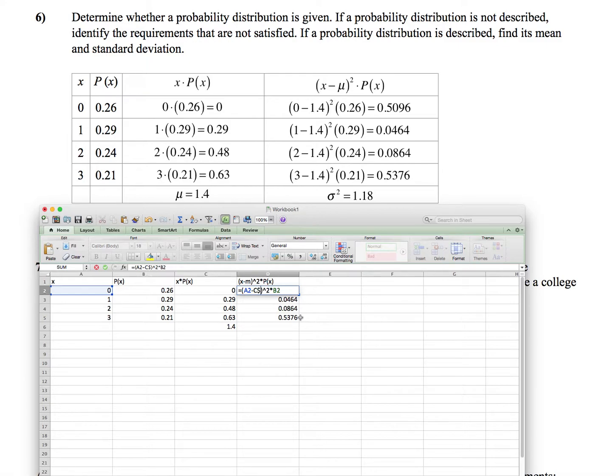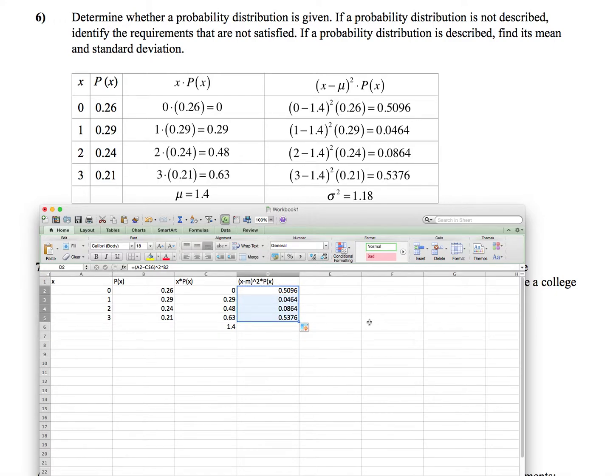C$6. And when you do that, what it's telling Excel is, when we autocomplete, for that one value, don't deviate from this cell. Use that cell for each of the subsequent calculations. So I hit enter, and I get the same value I had before. And then when I autocomplete,